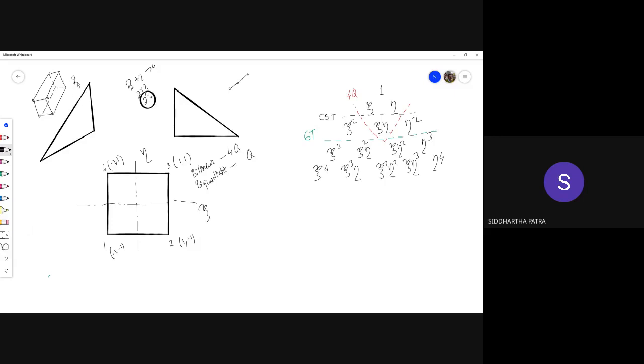Okay, that is actually 2 to the power 3. So how do you go from 2 to 8? By taking a power, right? And this time no confusion, it's a power. So similarly, if you have 3 nodes for a quadratic bar element, you are supposed to get how many nodes